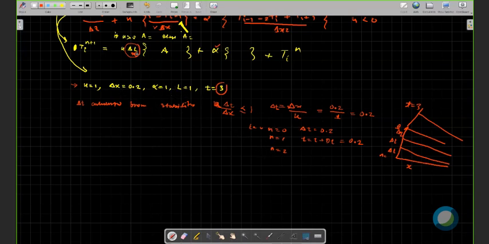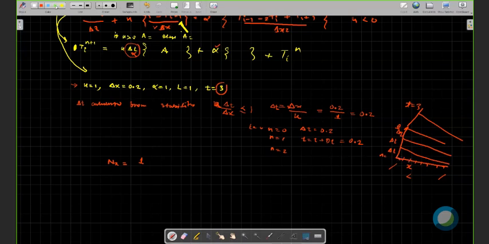So delta t is known now. Then what about the number of grid points? The number of grid points in the x direction will be calculated on the basis of the length of this domain and how many points you want. 1, 2, 3, 4, 5, 6, 7. You know it. So if there are 7 elements, then how many grid points?